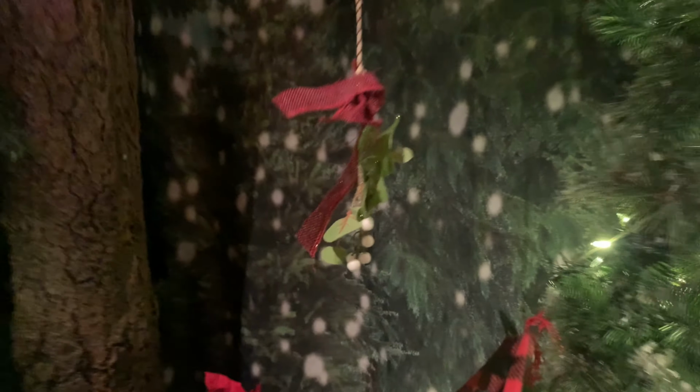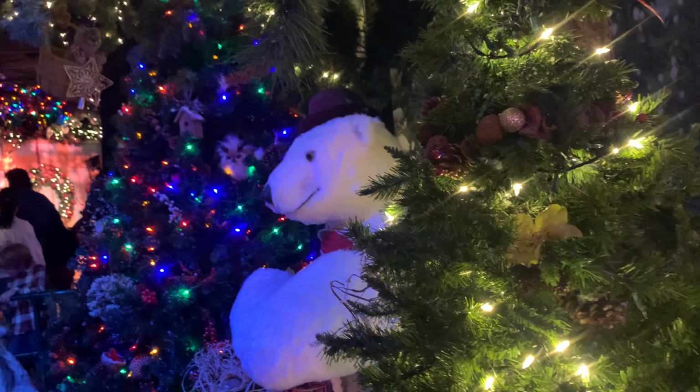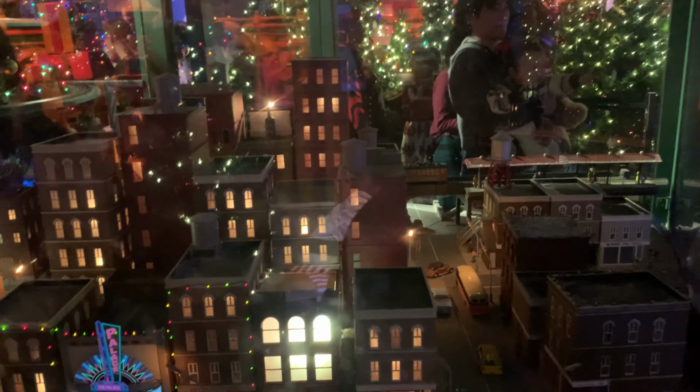Here they are. They're kissing under the mistletoe, these sheep. Mistletoe goes back as a kissing thing for many, many hundreds of years. It had to do with the Greeks, I think, thought that mistletoe was a sign of fertility, and so it had been associated with peace and love and understanding. The Romans would hang it over their door frames,